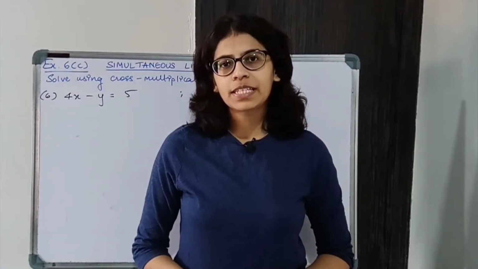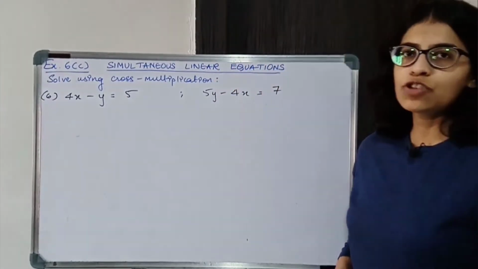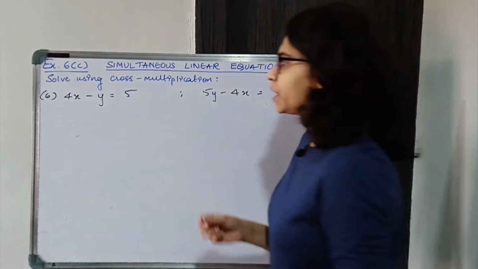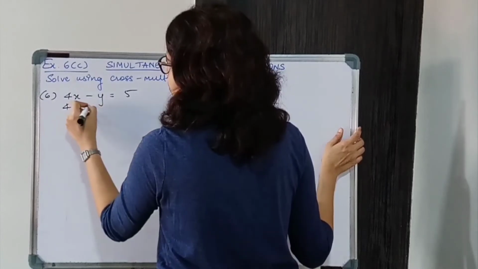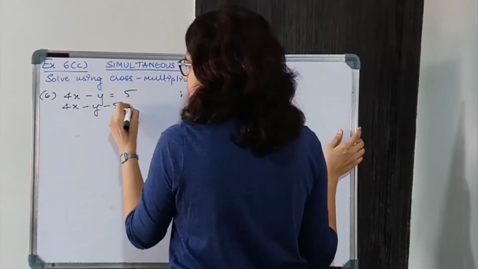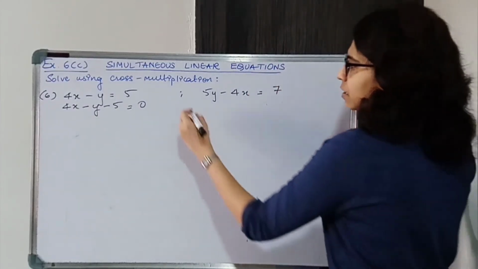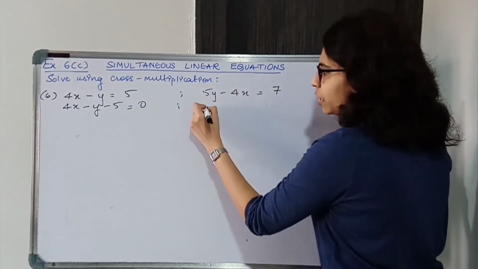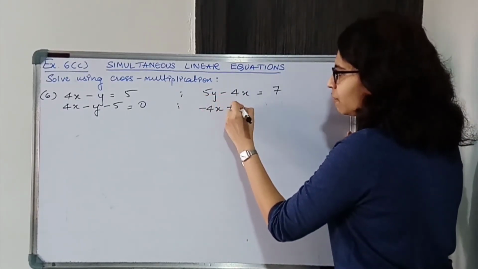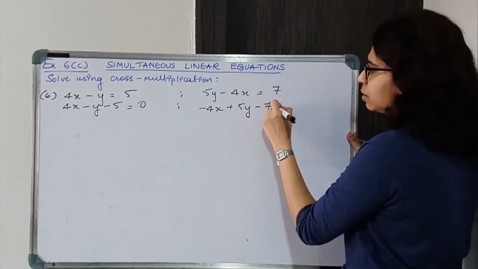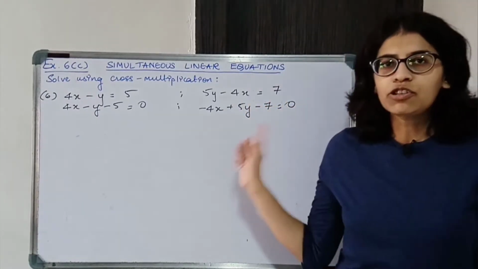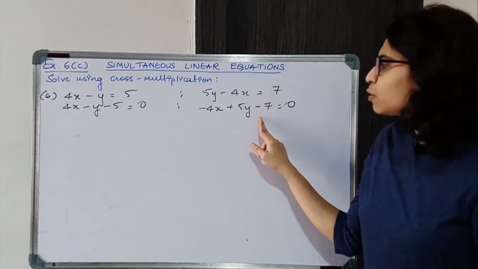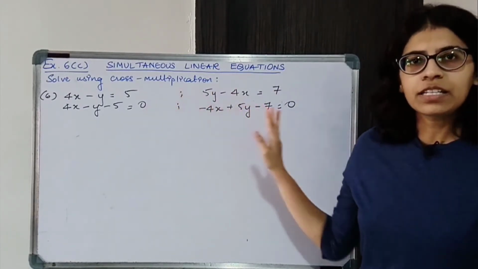Now let's solve question number 6. Over here, both the equations we have to bring in the required form, that is ax plus by plus c equal to 0. So first will be the x term and then the y term and then constant equal to 0. Over here y is written first and then x. So shift it, okay? First you will write x, then y and then constant equal to 0. Okay, so make sure you put correct signs. 4x was negative, so negative, plus 5y, and shifting 7 over here it will become minus 7. Okay, now it is in the required form.